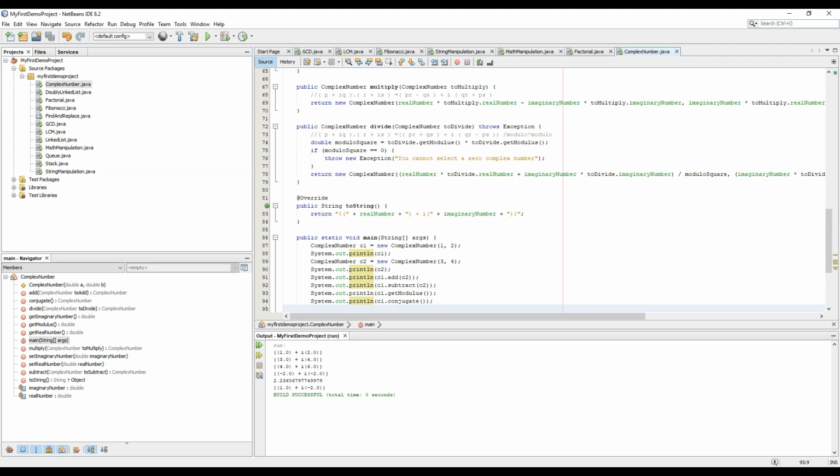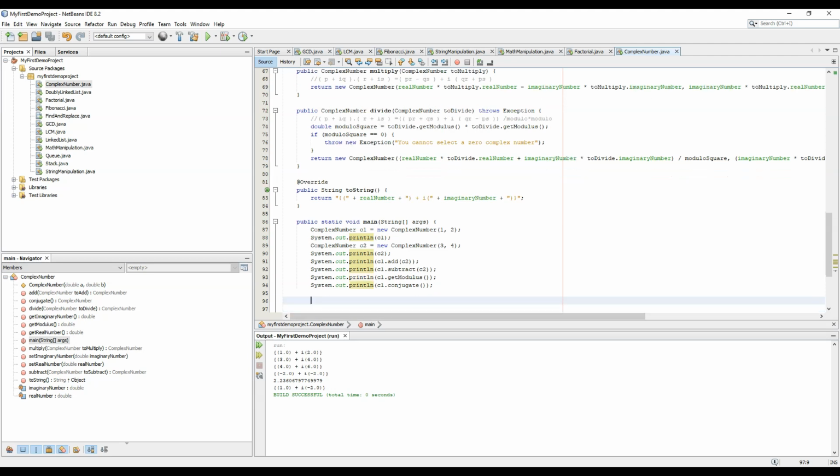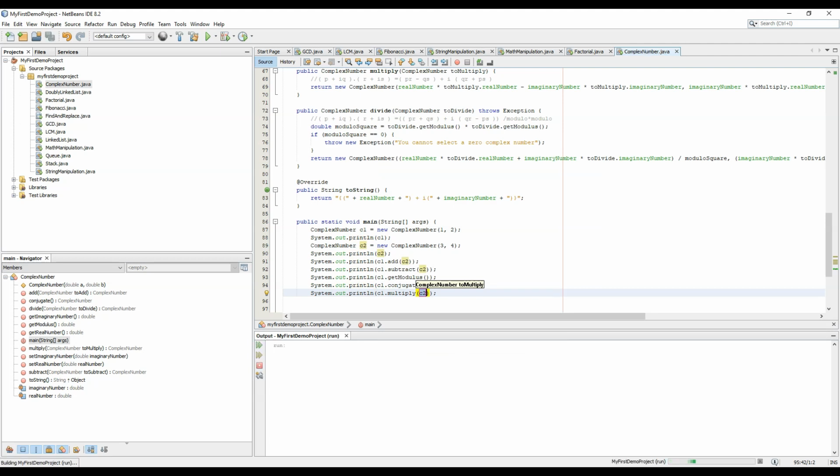Now let's multiply the two C1 and C2 and divide the two C1 and C2. So C1 dot multiply C2. Let's print. So it is saying minus 5 plus 10 iota. You can check it on your manual calculator or you can calculate it manually and you should find that it should be correct. So 1 into 4 minus 2 into 3, that means 4 minus 6.